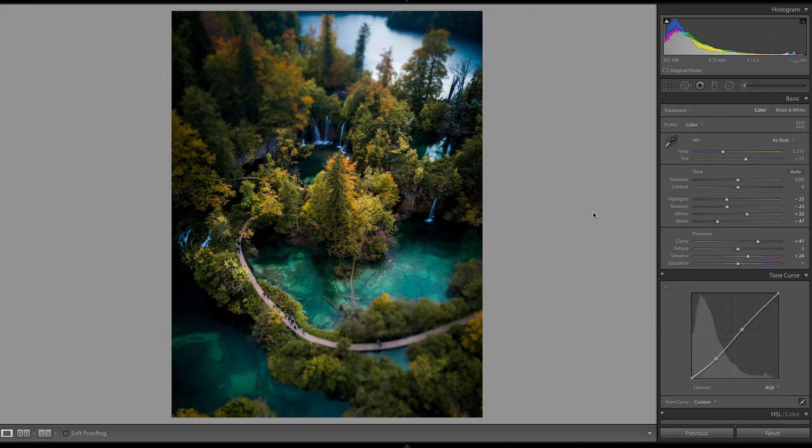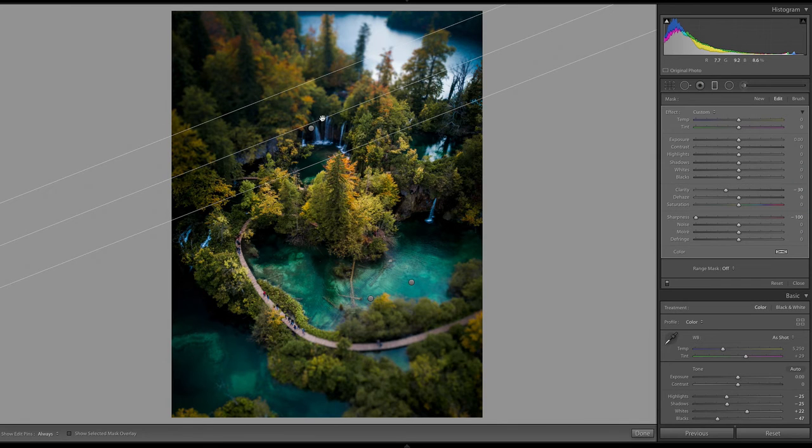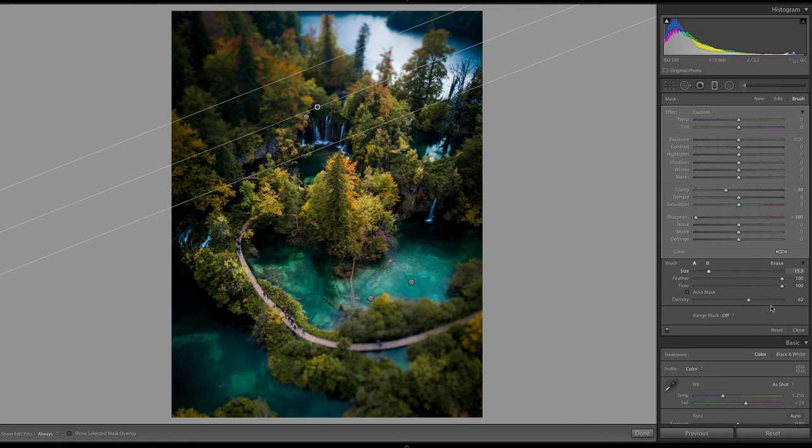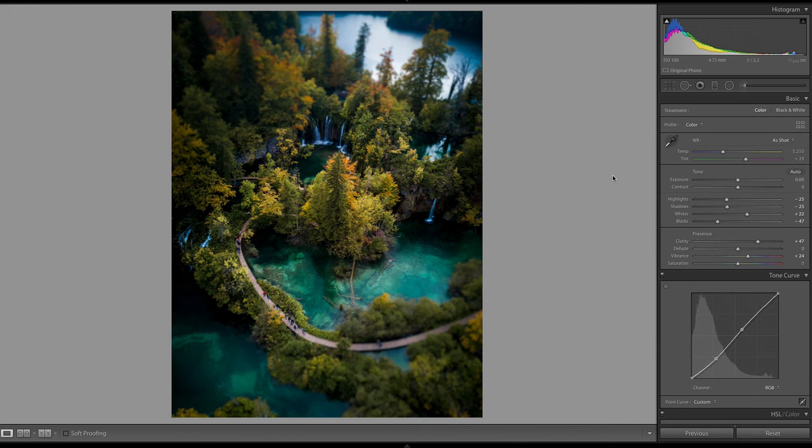Now, when you do that, you might want to go in and check your graduated filters again to see if they're in the right spot, but I think I like it. The only thing now is I'm noticing that this waterfall up here is not really in focus, and I want it to be. If you want more things out of focus, so say you want these trees out of focus, I can then go in with my brush, density all the way up, and just brush over this like so. So it's not a perfect line, but we are getting some of that blurriness over there. And now that is looking pretty good.